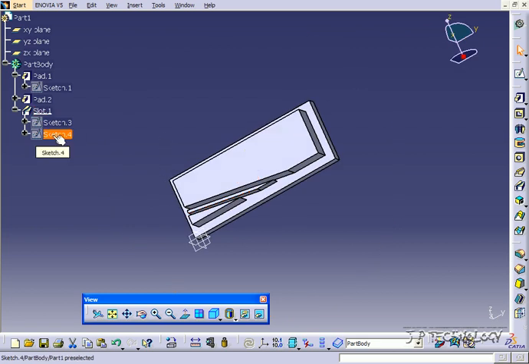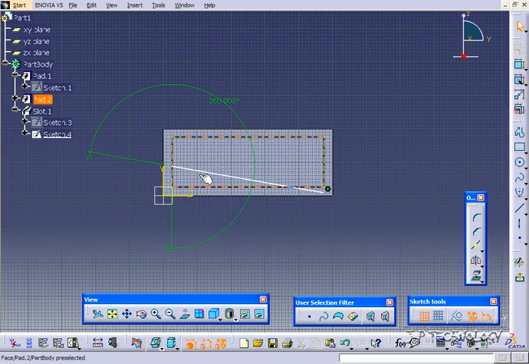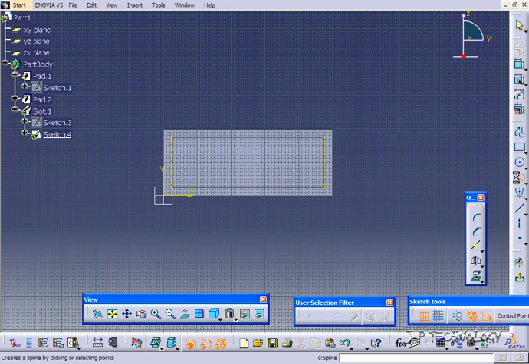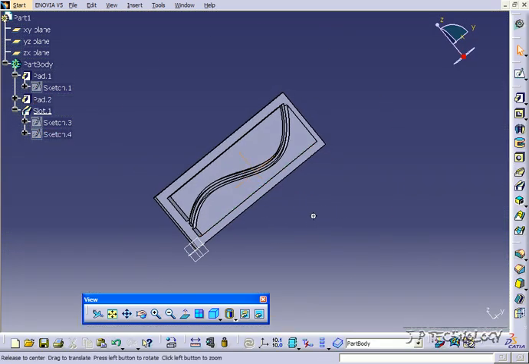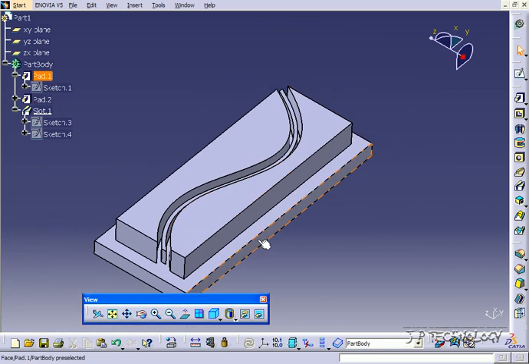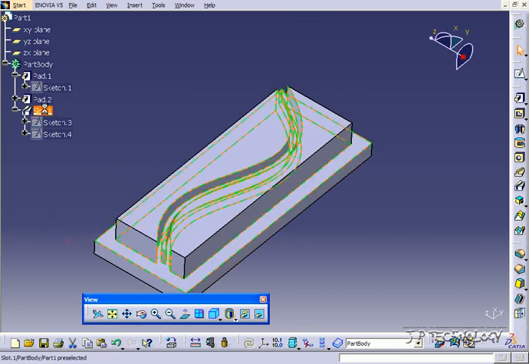Now let's go into this path one more time. Let's delete this line here and let's put more of a curve, a more organic cut to it. So with the spline tool, just go and make a nice curve all the way around, and we'll go back, and it'll automatically go along that curve that we made for it. Now let's delete this slot,